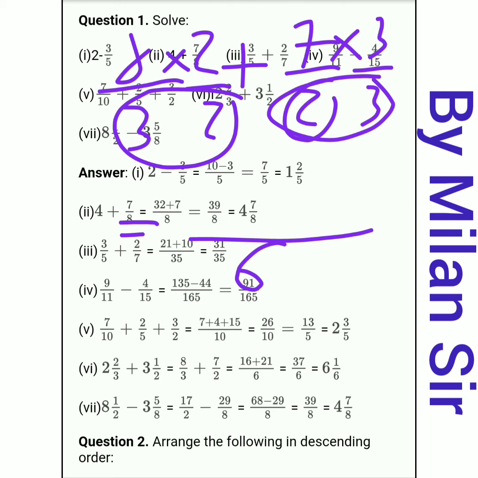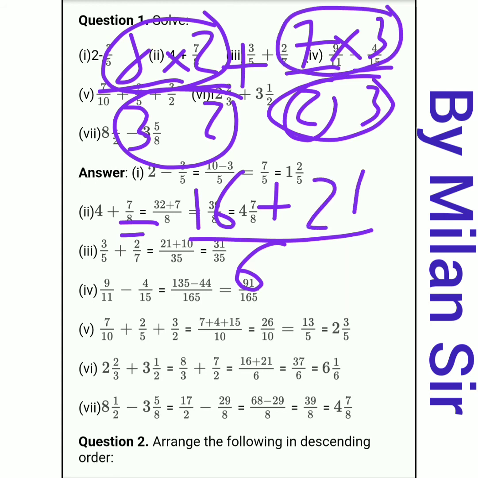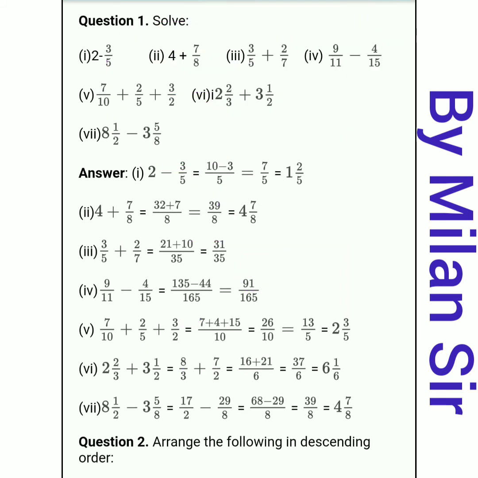Now in numerator 8 times 2 is 16, plus 7 times 3 is 21. Right. Now 21 plus 16, it is 37 by 6. Now 37 upon 6, again it is an improper fraction. So we can convert it into mixed fraction. If you know the division method then you can directly write down mixed fraction. Okay. You do not need to do rough work. But if you don't know the direct conversion then you need to do the division process.